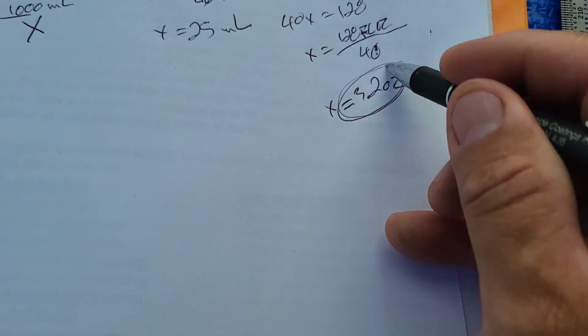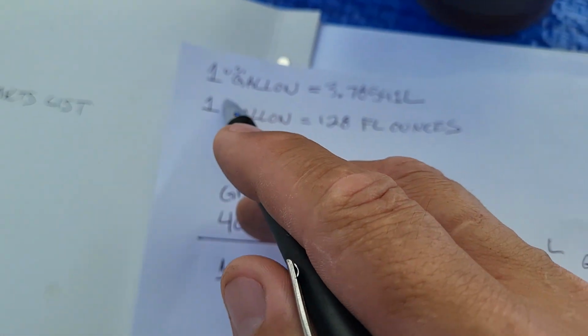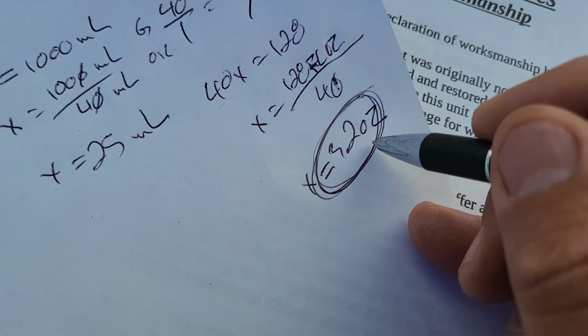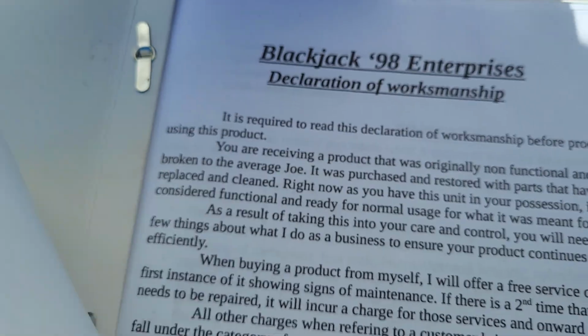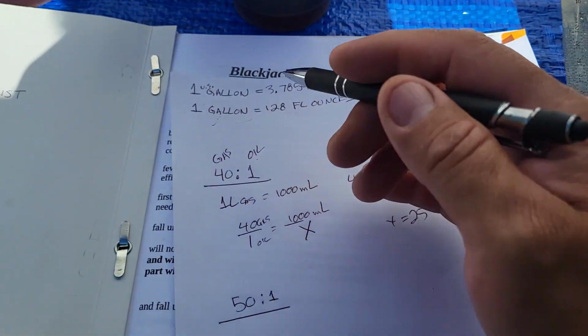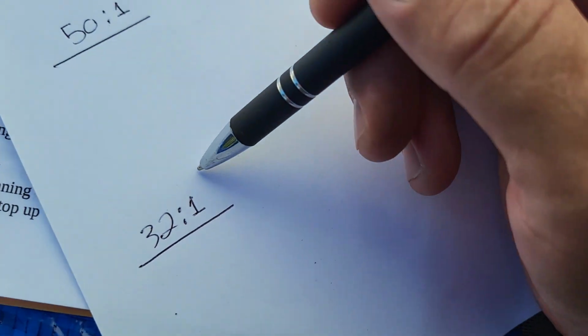So that is your answer: 3.2 ounces of oil in 1 gallon of gas. Okay, now if we were to do the same thing with 50 to 1 and 32 to 1,